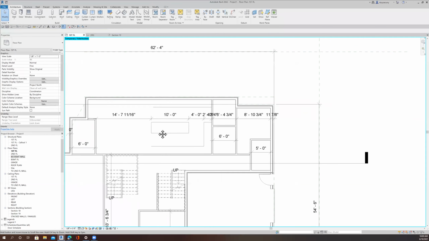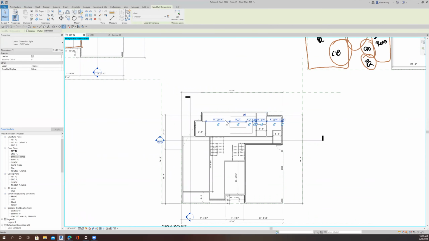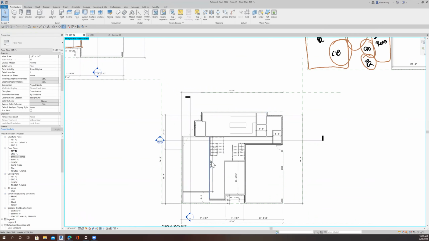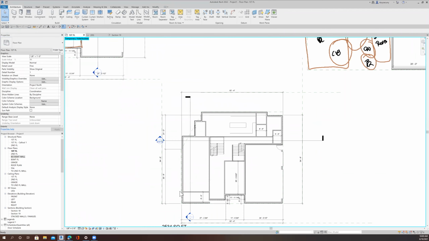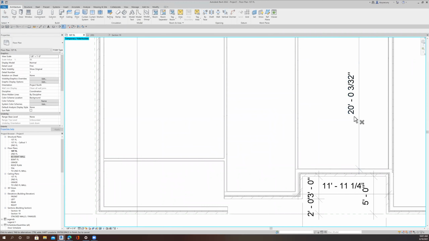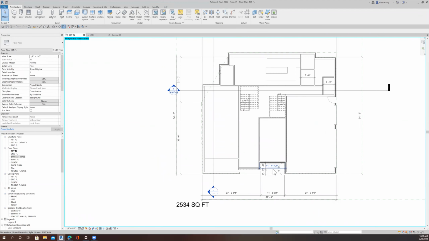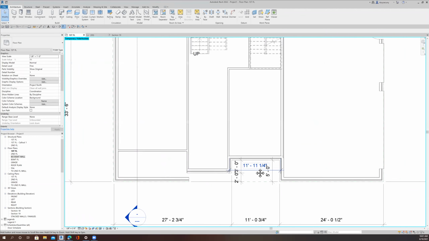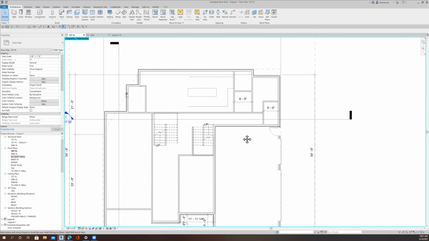All right, so let's say that we'll start with, let's get rid of some of these dimensions in here. I don't need them anymore. What else? What was that? 6 feet or 5? Okay, that's good. That's a good dimension. Okay. You could take those out. Leave them in. All right. So